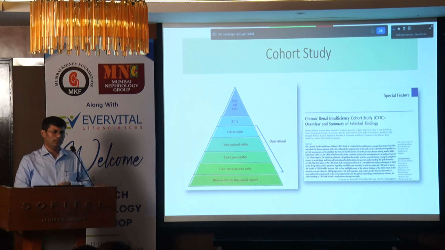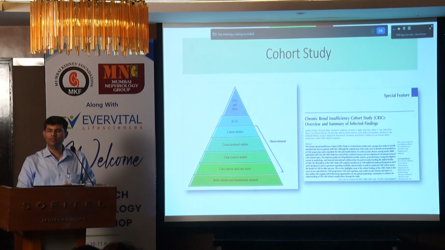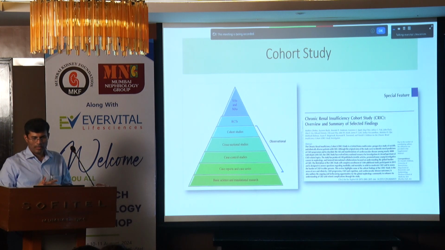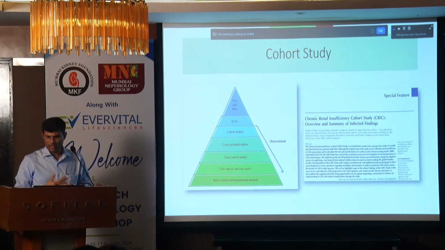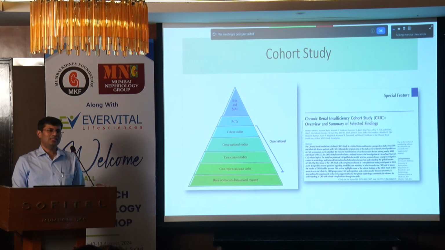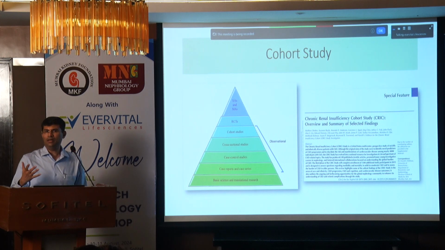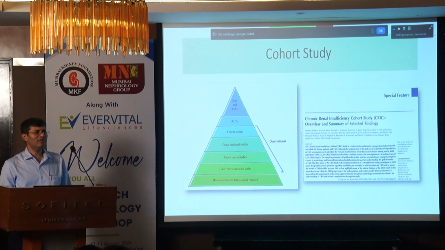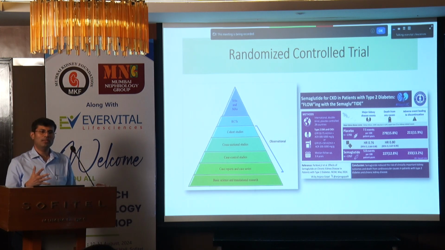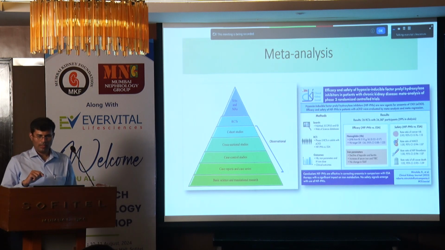Cohort studies are better. They are either retrospective or prospective. We start with exposures and go ahead in time prospectively to see if outcomes are reached or not. These are expensive studies. Whatever known biases are there, our statistics friends can help us negate that, but there are several unknown biases. That's why the best evidence comes from randomized control trials, where these biases are systematically tackled. And the last is